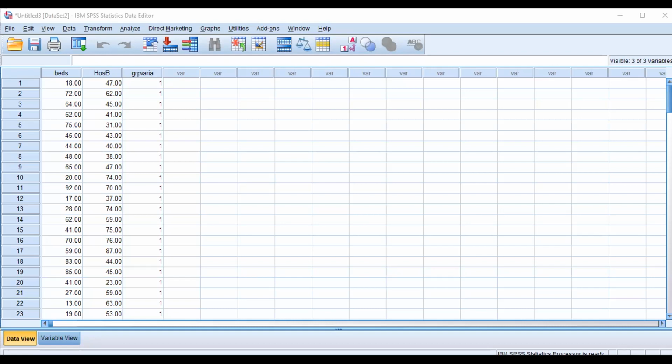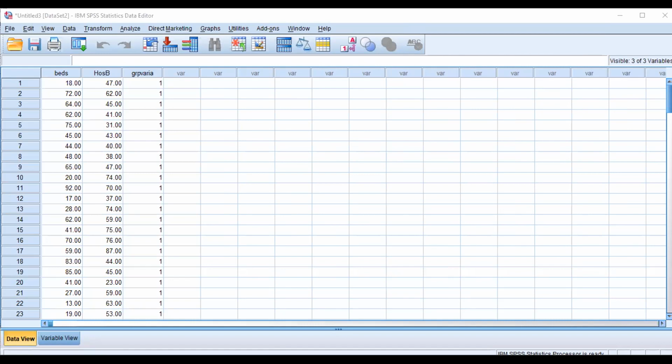Okay, next example in this context: if anybody has a female empowerment study, this is completely sociology work, and I have taken three independent groups: rural female, urban female, and town female. The data is given in this form.